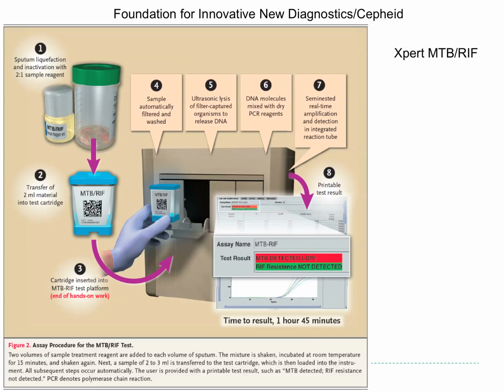This is a kind of high-tech approach that's supposed to be applicable in a low-income country. This is the so-called MTB/RIF test. And the idea is that you can have this as a kind of kit-based system with cartridges. You put your cartridge in, the instrument does all this PCR inside it, it makes an assessment as to whether you've got tuberculosis there, and it also amplifies up one of the genes that's responsible for rifampicin resistance and gives you an assessment of whether the commonly seen rifampicin resistance mutations are there.